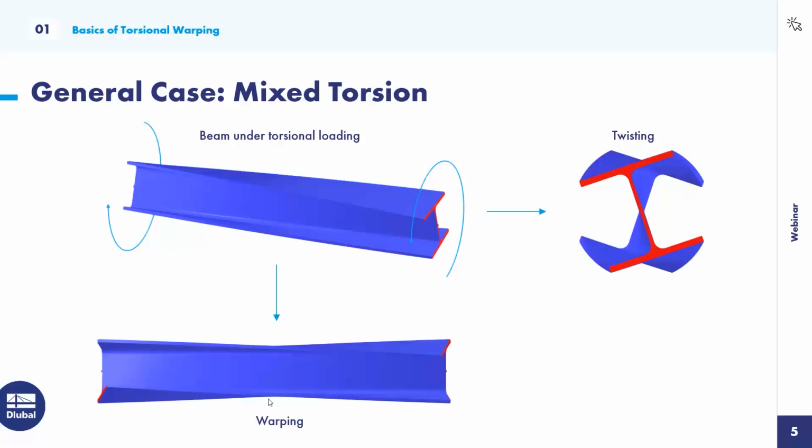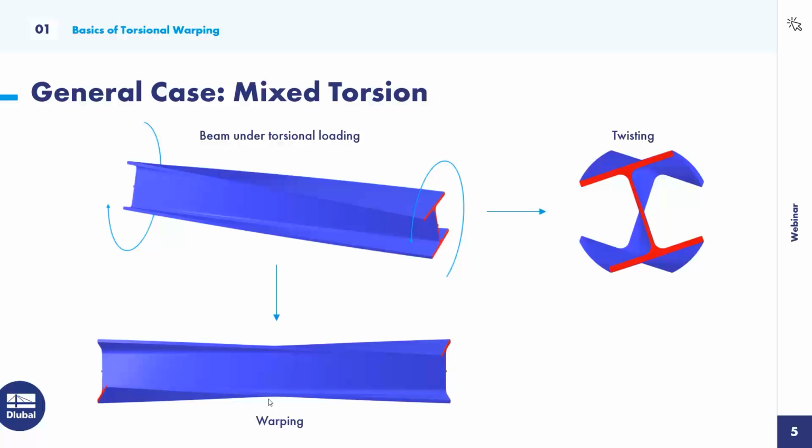Warping is usually not part of the solution, and this is not special for our simulation, but is in fact the standard or convention in most software solutions. In RFEM and RSTAB, we can, however, very easily activate the 7th degree of freedom by just activating the Torsional Warping add-on. You may now ask why warping is not considered by default when the general case for beams under